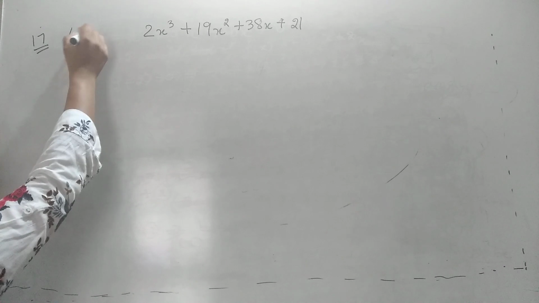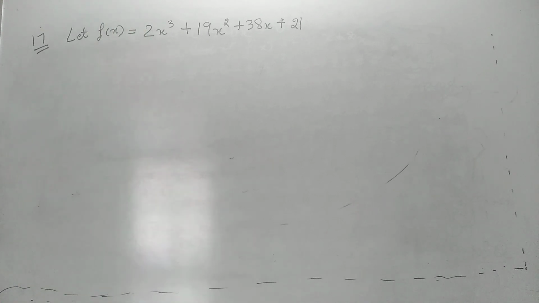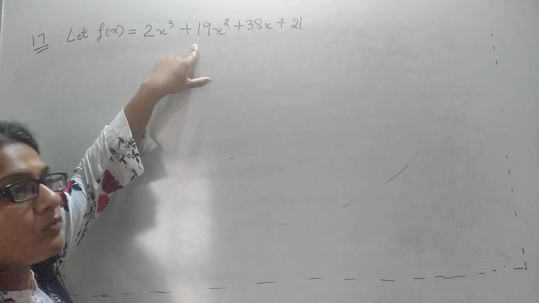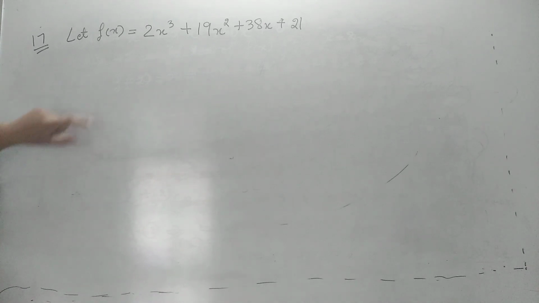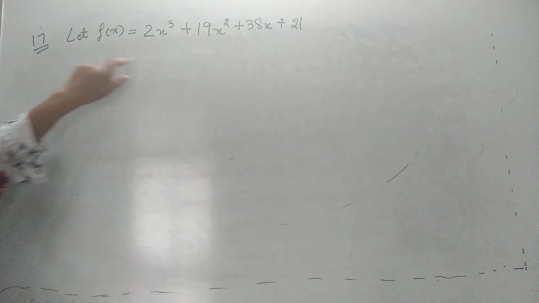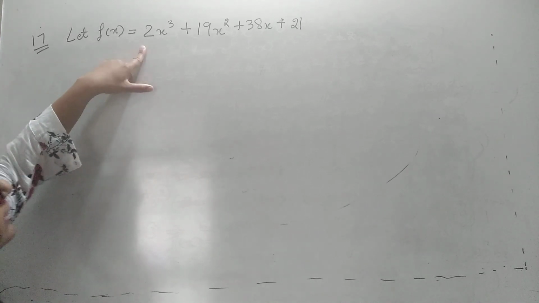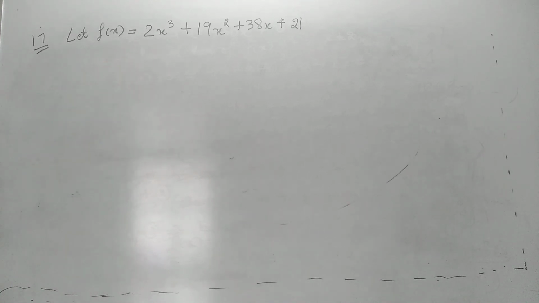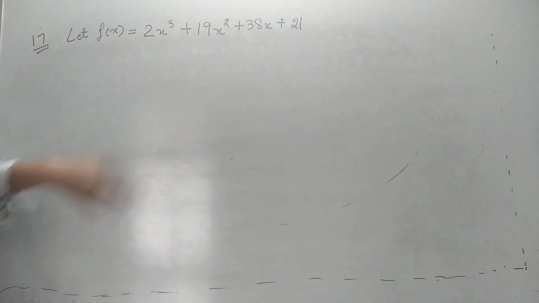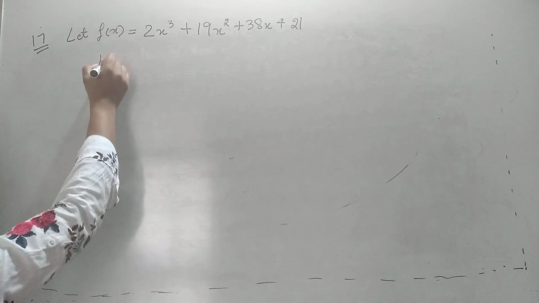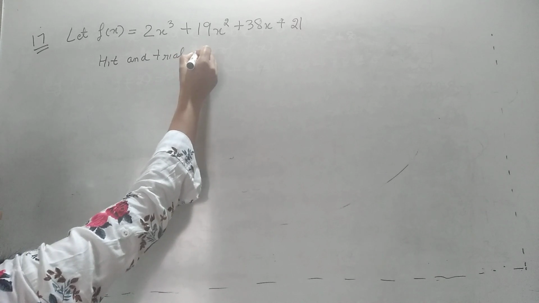What is the first step? We give it a name. So, let the name be f(x). Whenever we have to factorize a polynomial, what do we need? We need a factor. But the factor is not given in the question. So, how can we solve it? We have to find the factor by using the factor theorem. Whenever a factor is not given in the question, then we find the factor by a method known as hit and trial method.